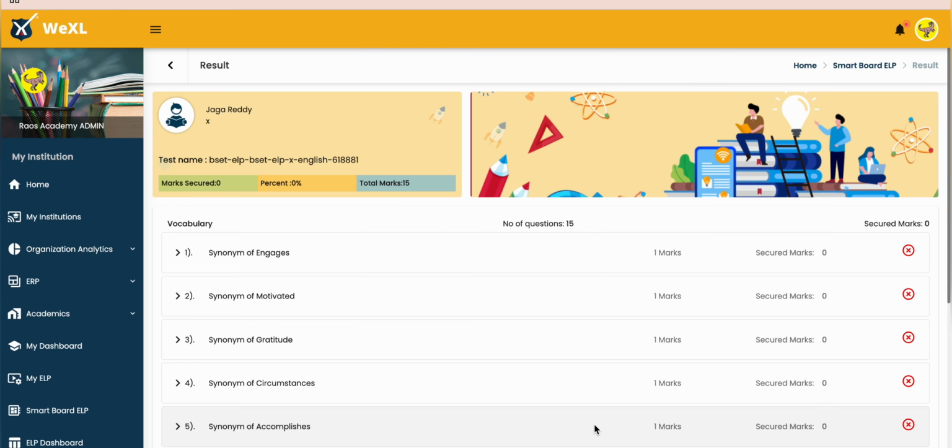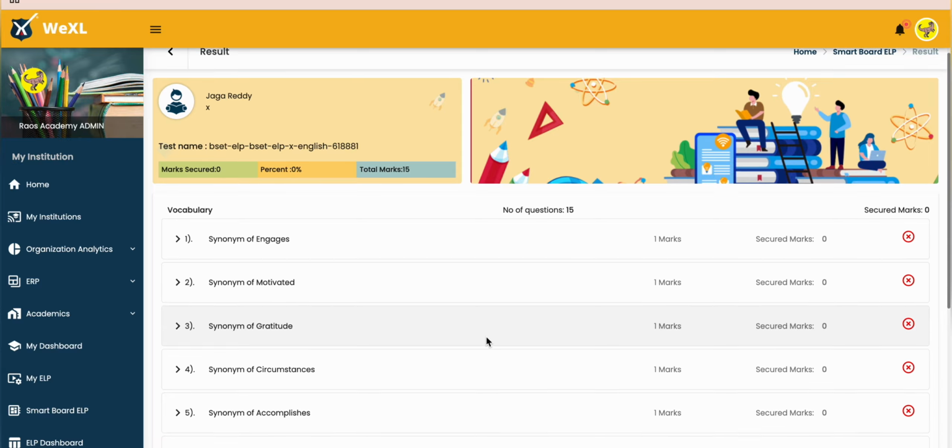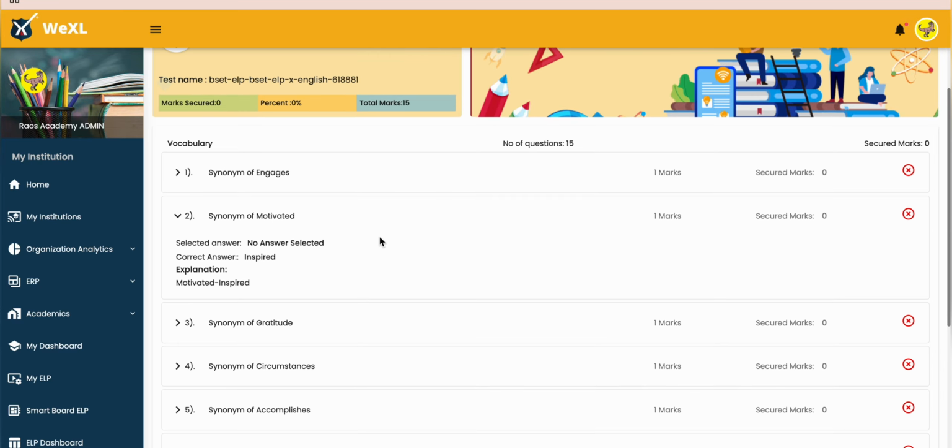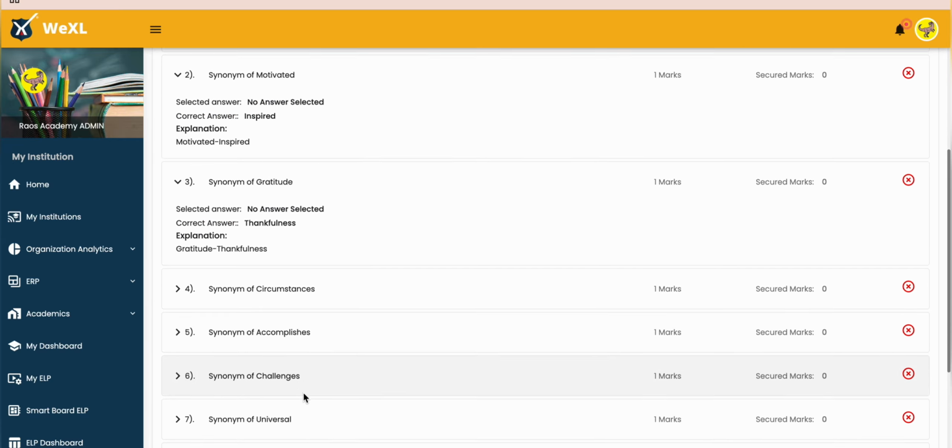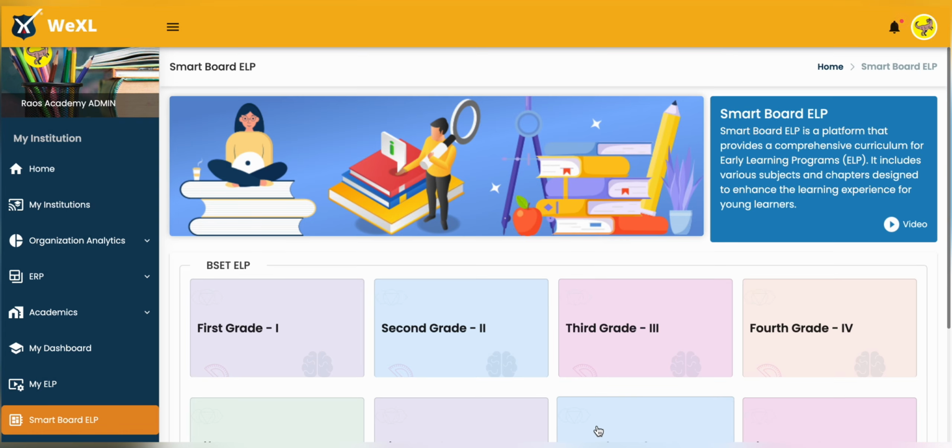The grammar activity reinforces foundational language concepts, enabling students to construct sentences accurately. This helps improve their writing clarity, spoken fluency, and command over the language structure. The Smartboard ELP is an interactive and powerful tool that supports student engagement and communication skill development in a fun, effective way. Use it regularly to drive data informed instruction and boost student learning outcomes.